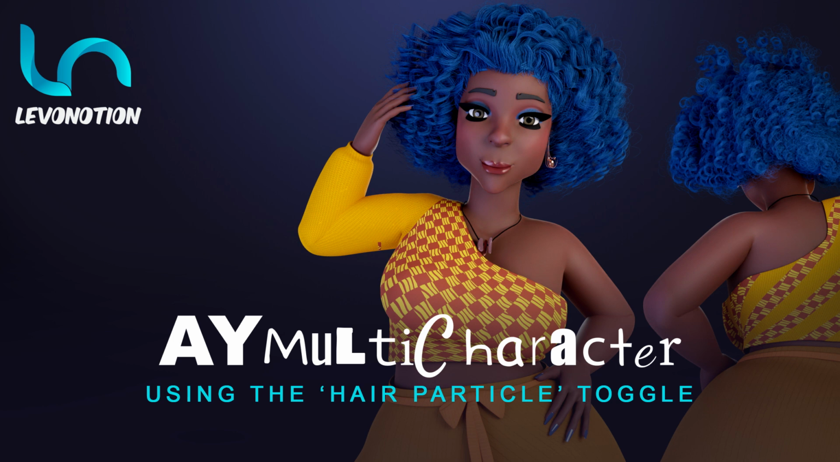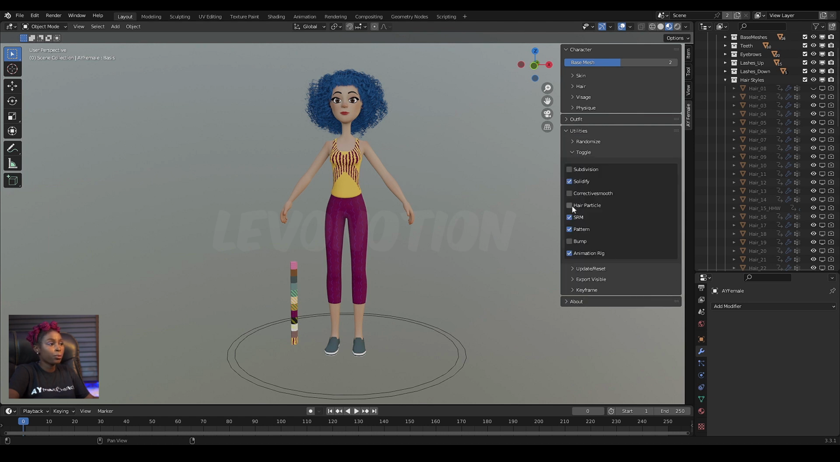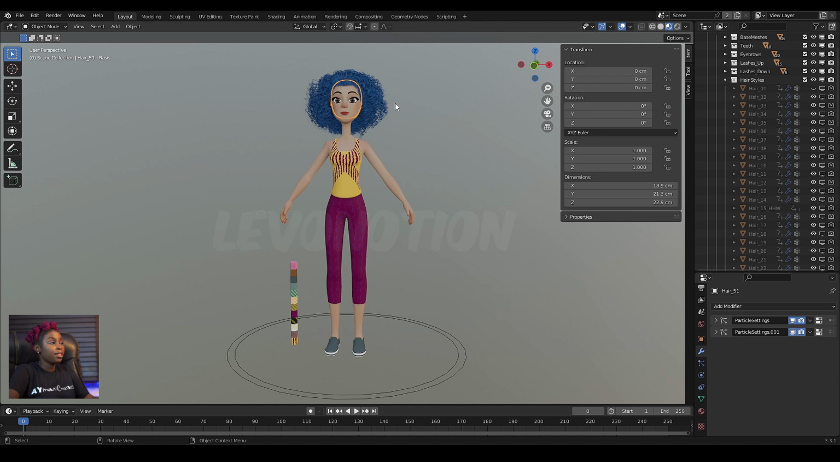to character using the air particle toggle. Under utility toggle, we have this air particle. When you turn it on or when you turn it off, it doesn't do anything. But this was added for the purpose of something like this. The AY